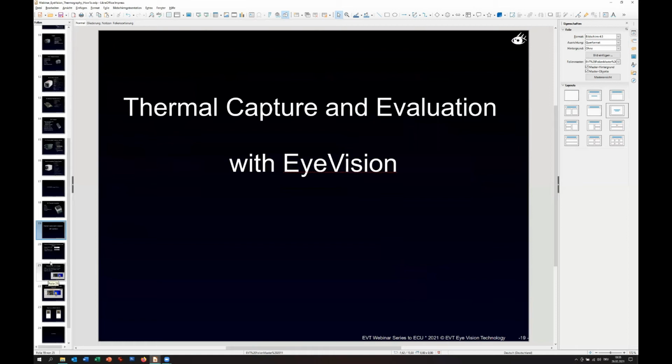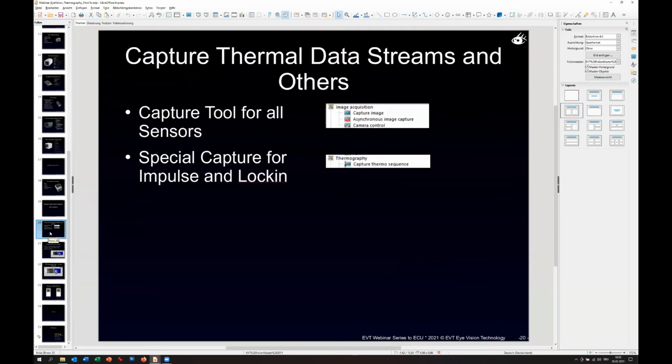And now let's say what are the thermal evaluation with Ivision. As I told you, we have one software which works with all the hardware which we support, from line scan cameras to 2D gray and color cameras, to thermal cameras, to 3D, all kind of cameras, as I mentioned yesterday. And also we support hyperspectral cameras. So for whatever camera you have connected, you only need at the end,